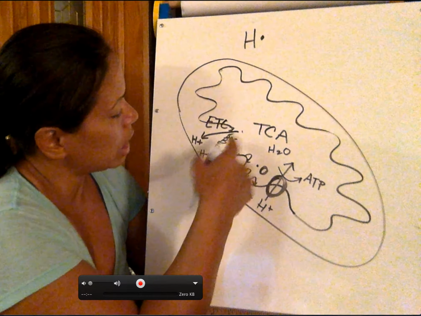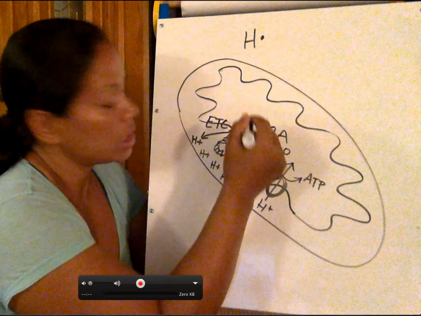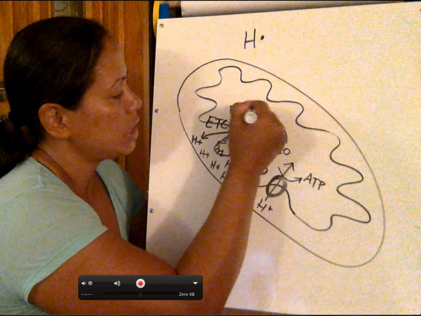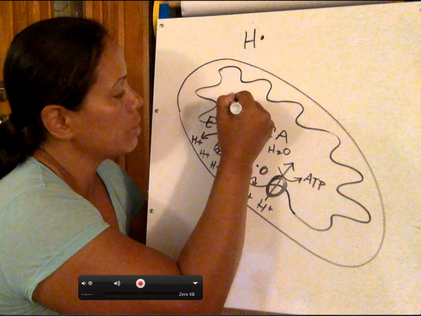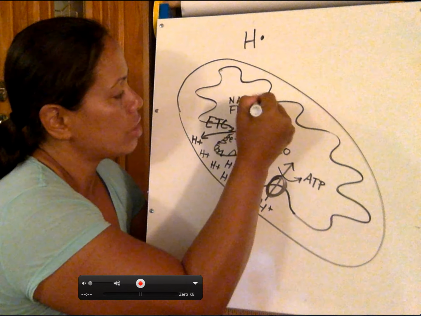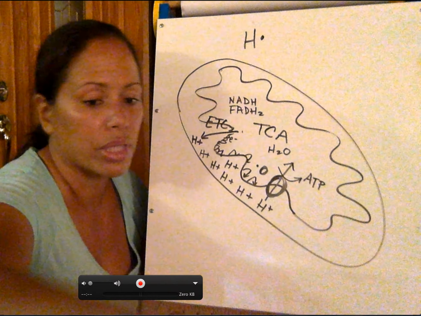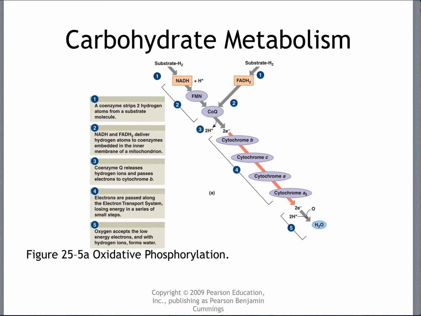So let's look at this again. Who carries electrons and hydrogens across to the electron transport chain? We said it was FADH2 and it was NADH. And what is their job? To drop off the hydrogens and the electrons so that they can go through this cascade right here. Don't worry about how it works, just understand the principle, and the idea is to get the hydrogens across to